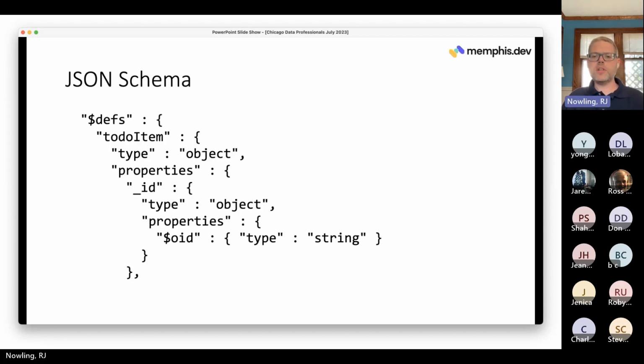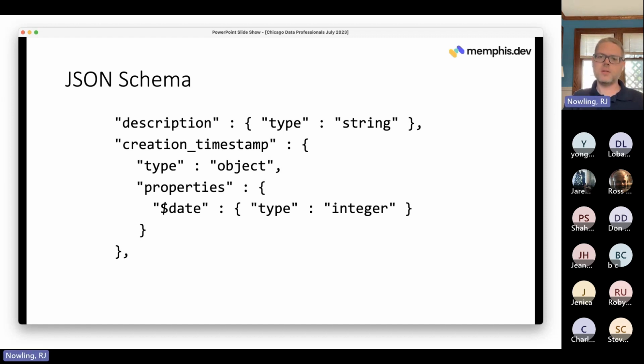Okay. Further down in the JSON schema file, we can define definitions. So it makes it easier rather than repeating code over and over again. We can define the definitions once and use them. So I defined a to-do item, and the to-do item has an ID field, which is basically an object with an OID key and a string value, a description, which is a string, a creation timestamp, which is a date object with a date field and an integer,